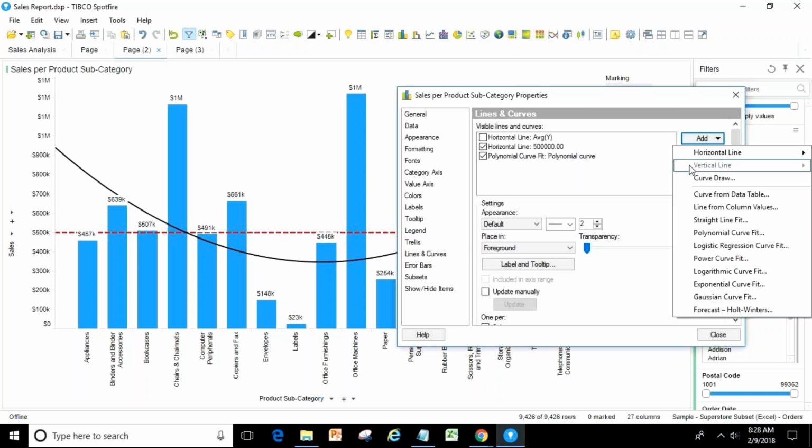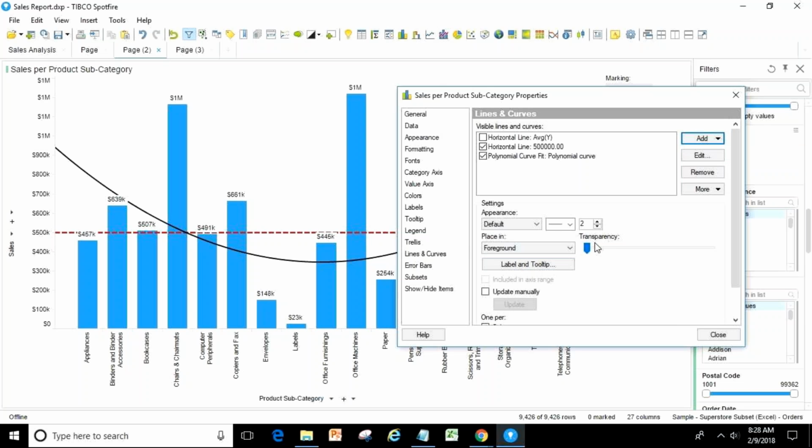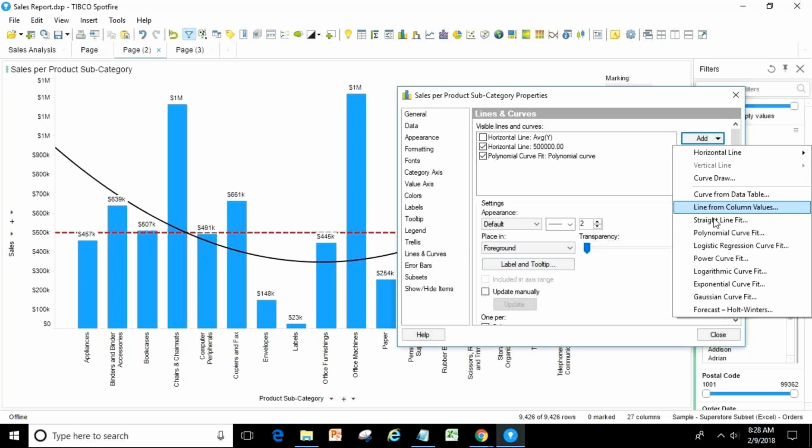I also felt the same way when I started working on Spotify. I was not getting the vertical line. I was thinking why it's not working, and there was no one to ask at that time. You couldn't find much help. Later we found out that vertical lines work only on continuous values. So this way you can have different curves.